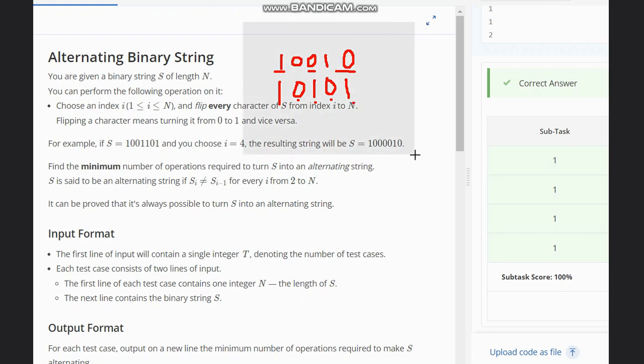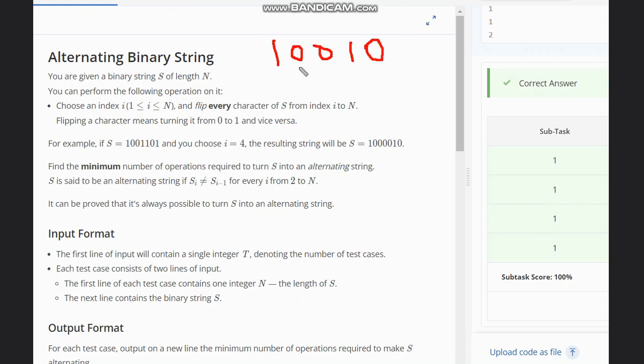Now we need to convert a string into an alternating string, and let's see what actions we can do. Suppose I have 0010, this is my string.